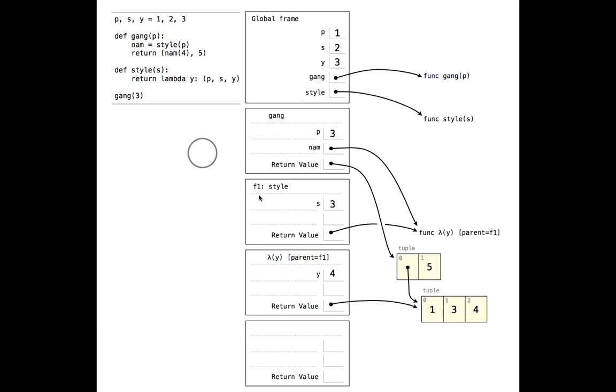So remember that num is assigned to function style, so we have to override the definition of num here to point to the function lambda here. And to keep on going, we try to evaluate the function lambda. So because there's a function call here, we open up a new frame. The operator is lambda because it's defined in frame 1, so the parent is frame 1. And lambda takes a value y, which is 4,